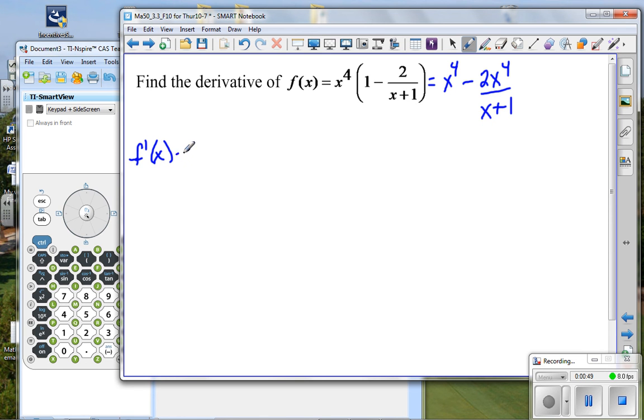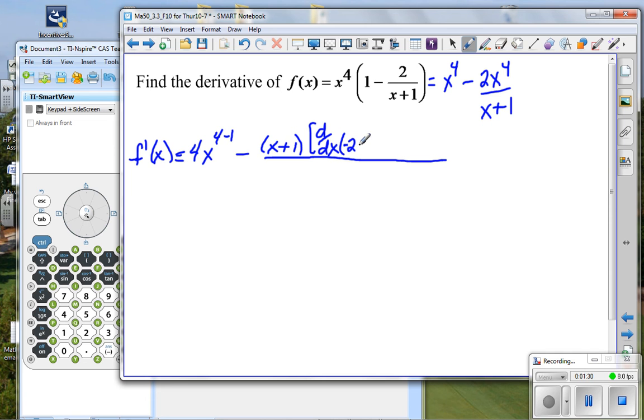So we've got the derivative equals, let's take the first one, that's going to be the easiest one. The derivative of that is going to be 4x cubed. Again, to show me some work for the first few attempts at this, it'd be 4 minus 1. Okay, then we're going to have the quotient. And the quotient again is going to be a fraction. You must show me the derivatives as you take them. So we have the denominator times the derivative with respect to x of the numerator, and that's going to be